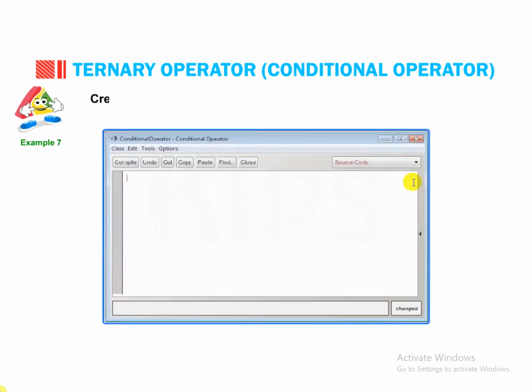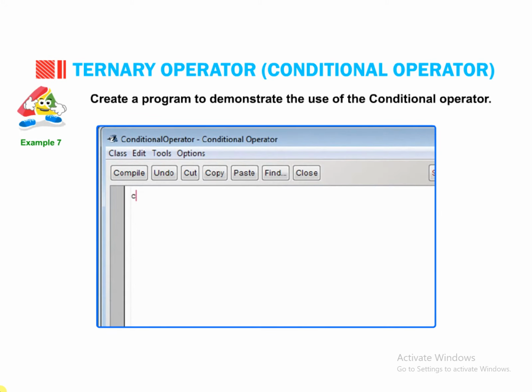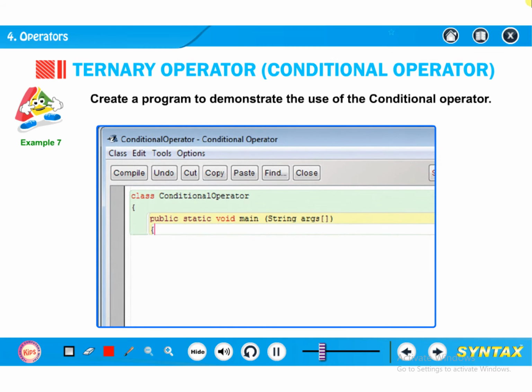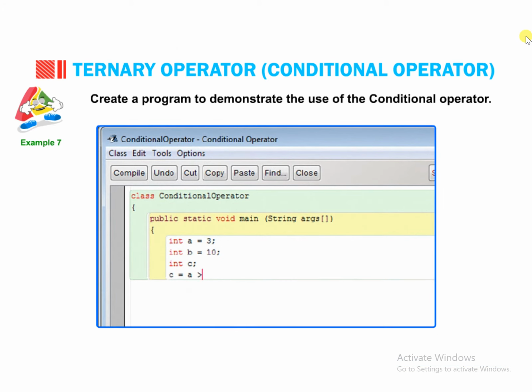Example 7. Create a program to demonstrate the use of the conditional operator. class ConditionalOperator { public static void main(String[] args) { int a = 3; int b = 10; int c; c = a > b ? (a - b) : (b - a);